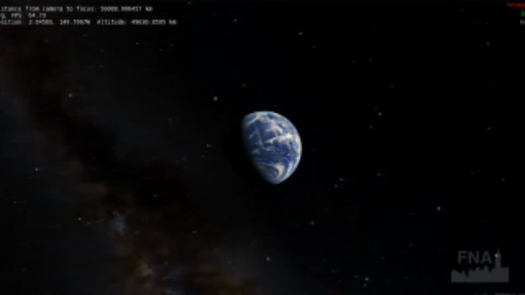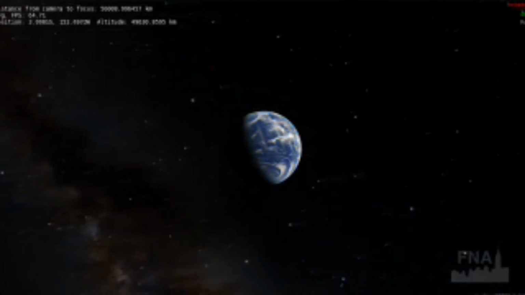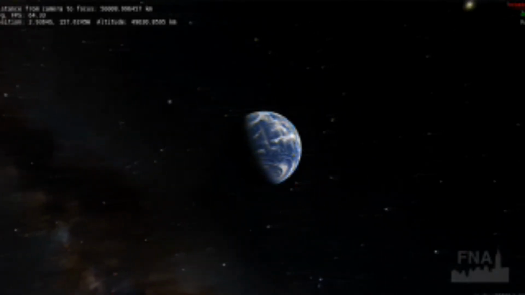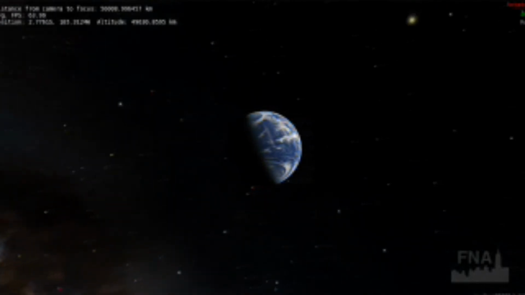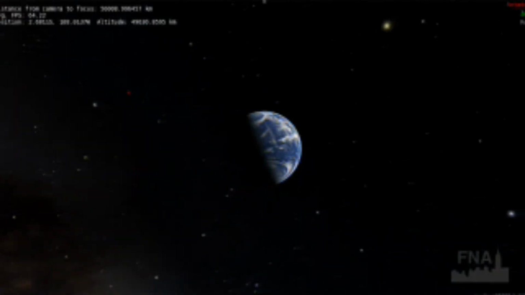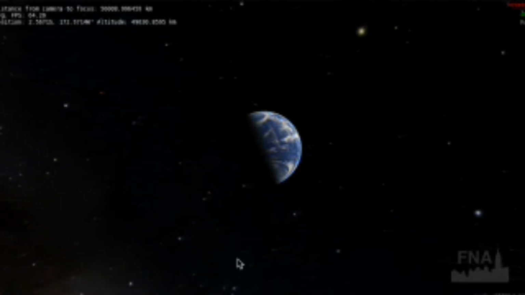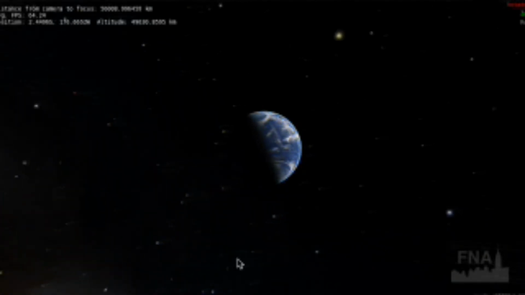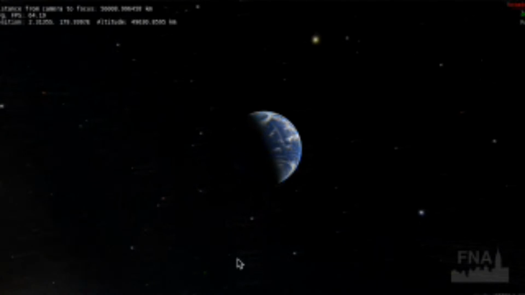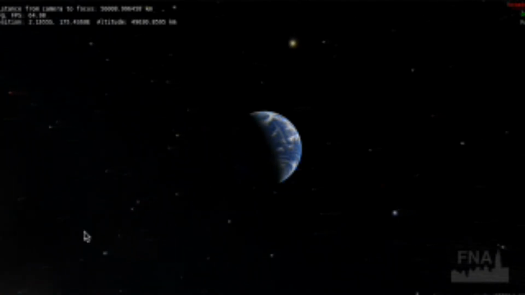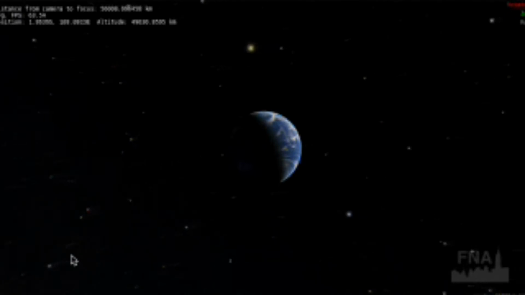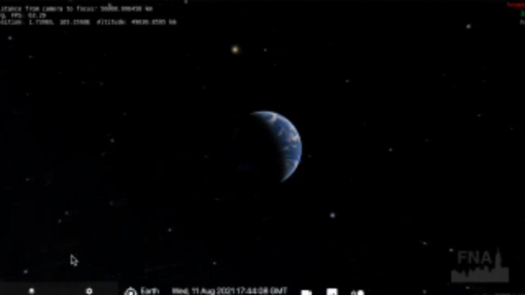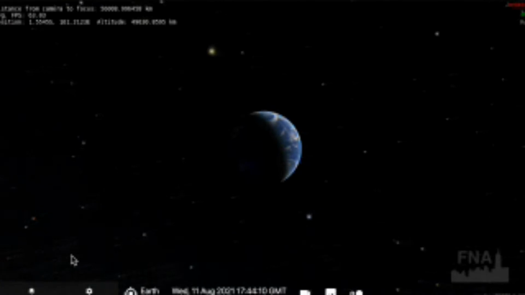So, Novae. There was a recurrent nova that went off just this last week, and so I thought we could talk about Novae, and we're actually going to talk a little bit about supernovae, and I'll talk a little bit about data and Open Space, and you'll see some of what I'm talking about here because I'm doing my live controls. Uh-oh, did I already break a thing? No, I didn't break a thing. Oh, good. I like it when I don't break things.